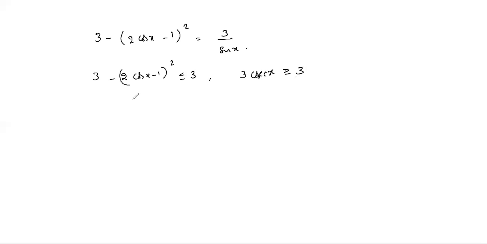So the only possibility equal to 3 means this should be 0. Cos x equal to 1 by 2, and cosecant x should be 1. Cosecant x is 1, sin x equal to 1, cos x equal to 1 by 2 for the same values of x. Both must happen, then only we will get this possibility. For what values is it possible for both at the same value of x? No. Cos x 1 by 2, sin x 1 for the same value of x, you won't get it, so no solution.